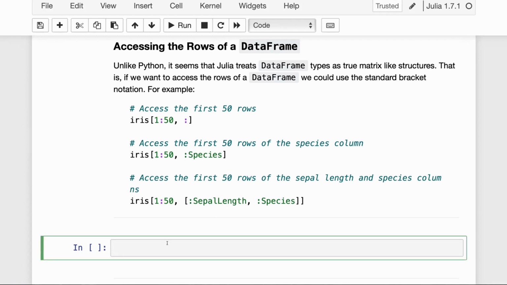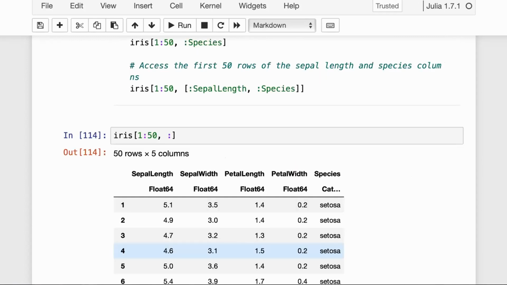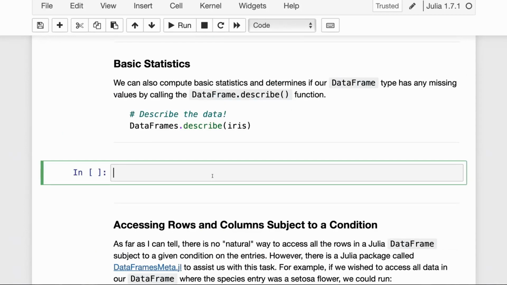You would say matrix bracket 1 colon 50 comma colon. That's slicing through the first 50 rows, all columns. And that's exactly how you would get the first 50 rows of a data frame. Another cool aspect of Julia data frames, just like with Python data frames, is that we can compute basic statistics by calling the